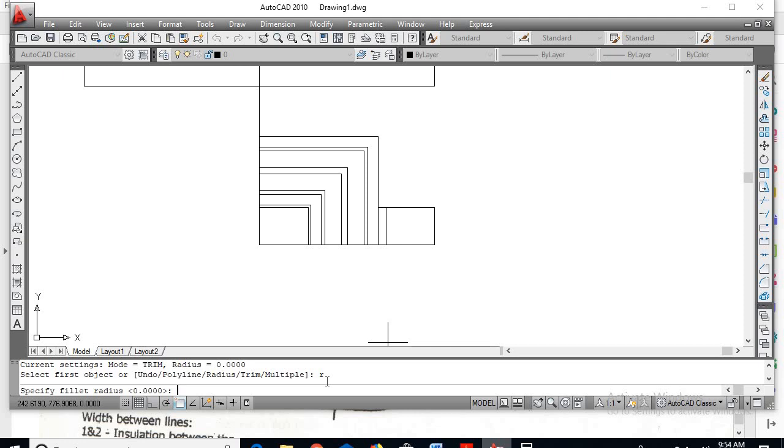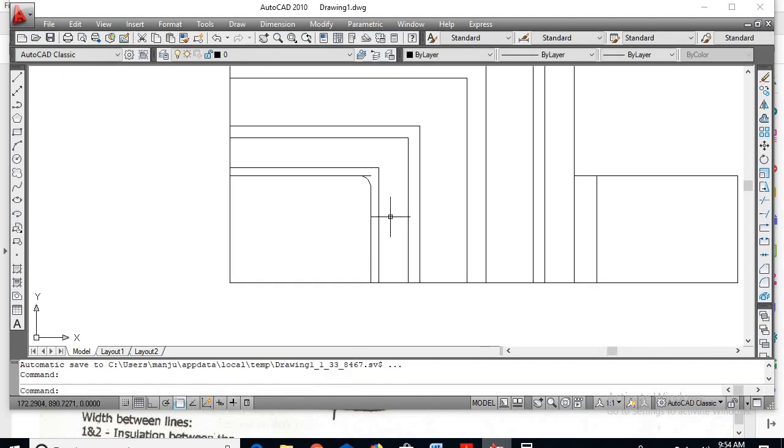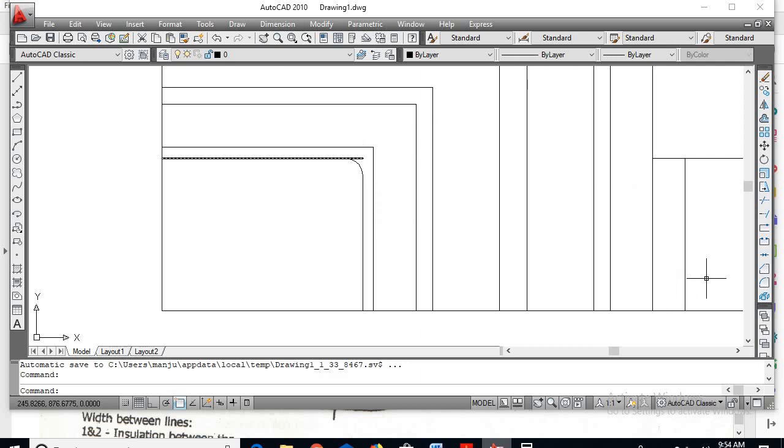There are no exact dimensions, so go for approximate values. I'll go for 4, enter. Now I can select these two lines, so that I will get a small curve. Here I can go for trim command, right click, I'll trim this line.